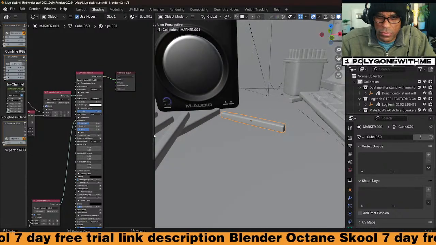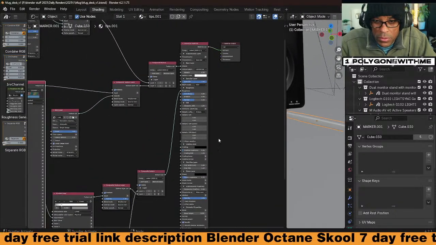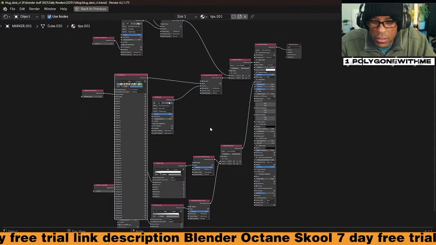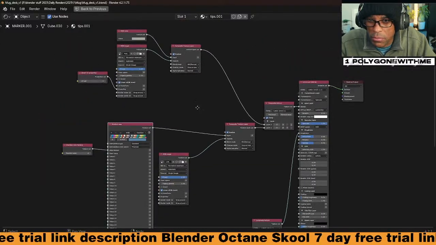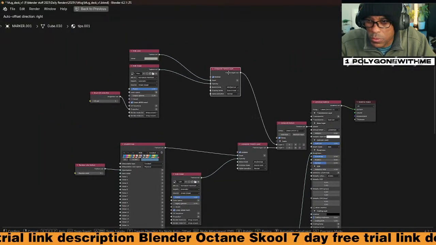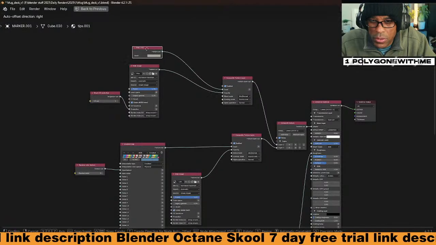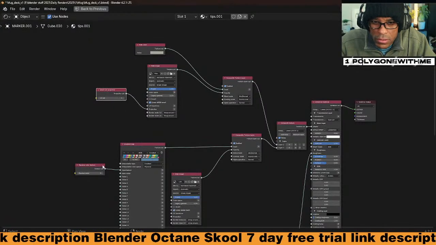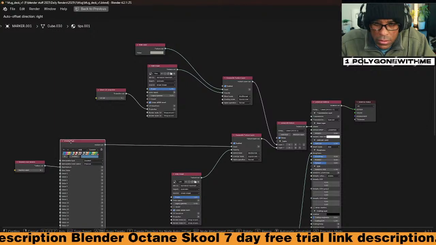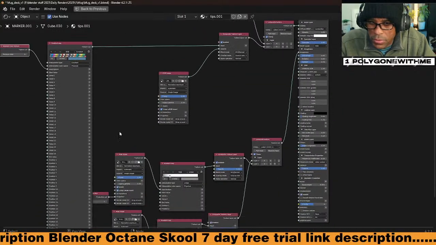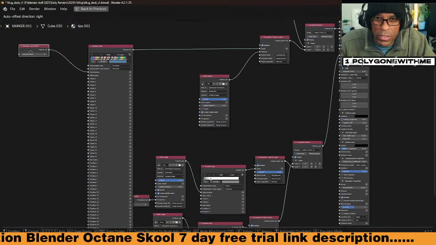Let me see what this material looks like. And I think it might have to do with the random color thingamabobber. This color random thing.